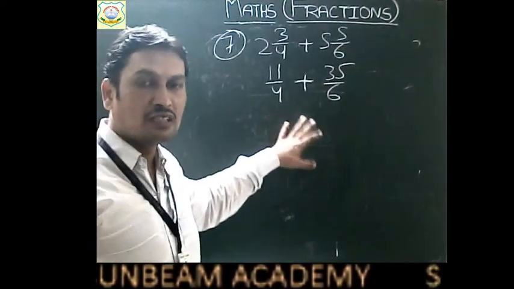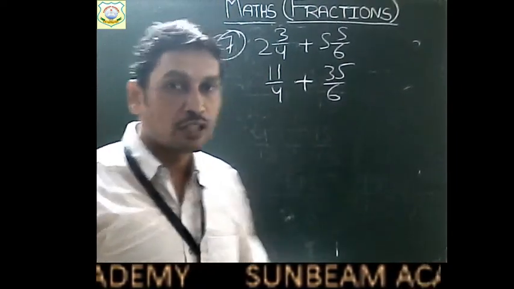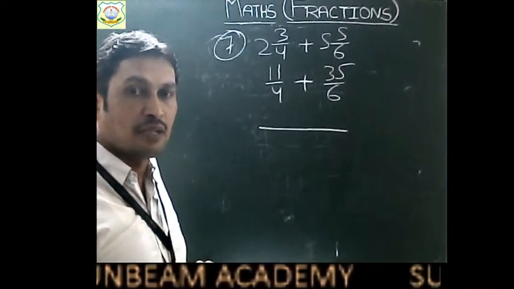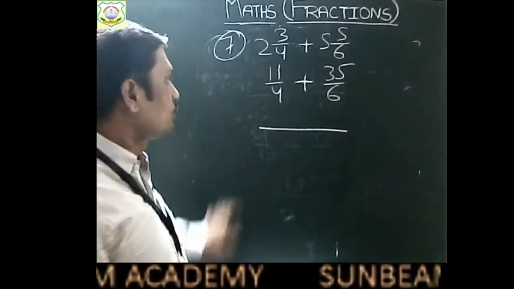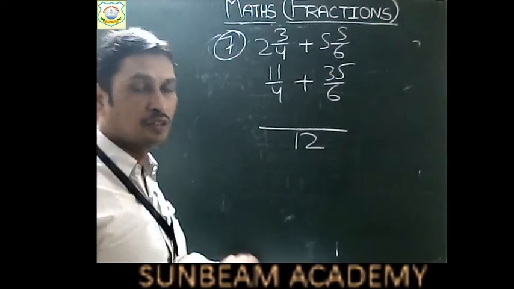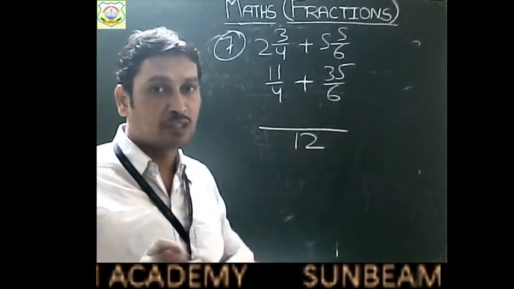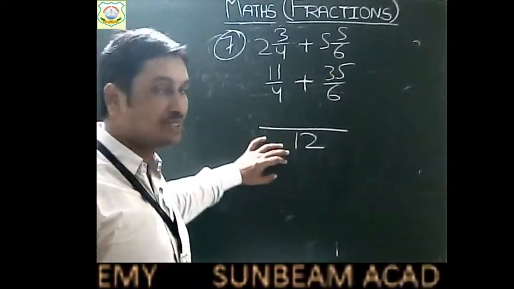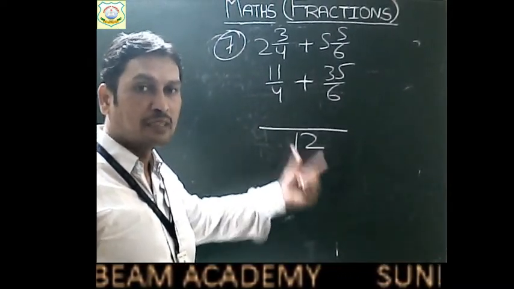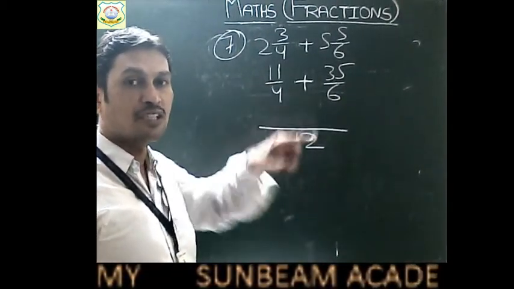Right? Now we will convert them into like fractions or you can use the shortcut method also. In the shortcut method children, you will directly write their LCM. What is the LCM of 4 and 6 children? LCM of 4 and 6 is 12. Okay? So 4 3s are 12 and 6 2s are 12. Now, what you will do children? You will divide the LCM by the denominator, so you will find how many times the denominator is increased. Okay? So 4 3s are 12. It means denominator 4 is increased 3 times. 3 will come and multiply this 3 into the numerator. So the denominator is increased 3 times, so the numerator will also increase 3 times.